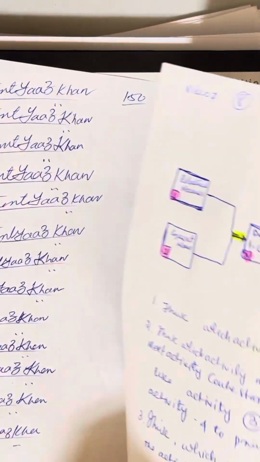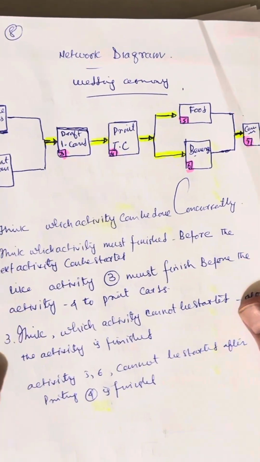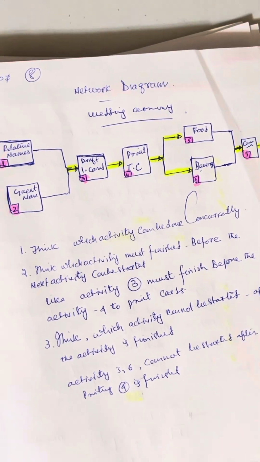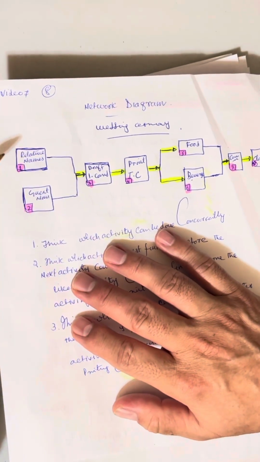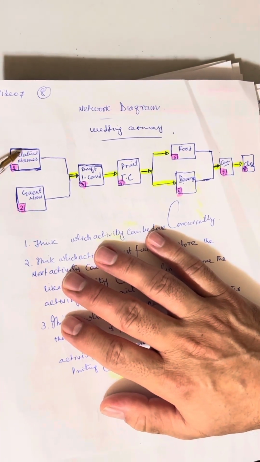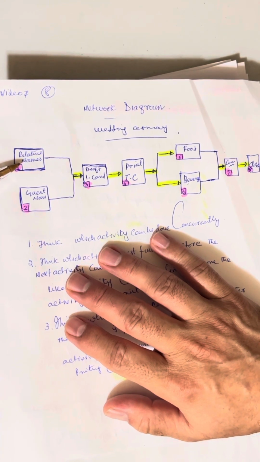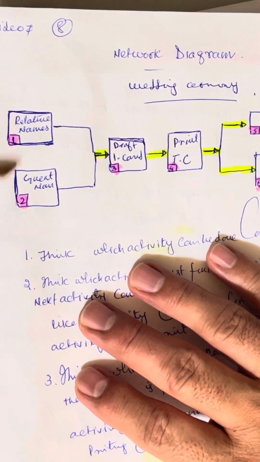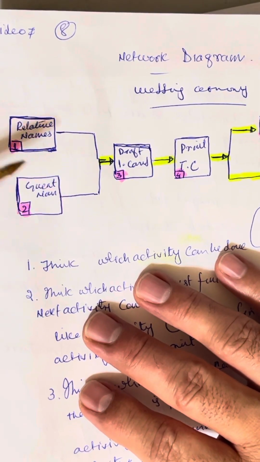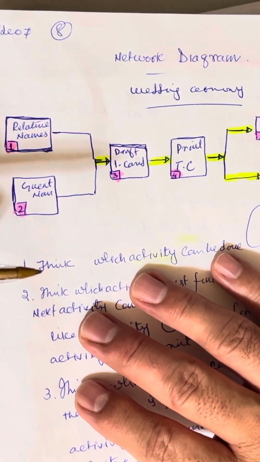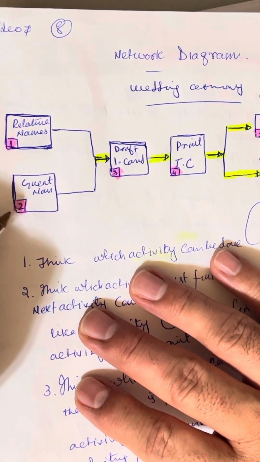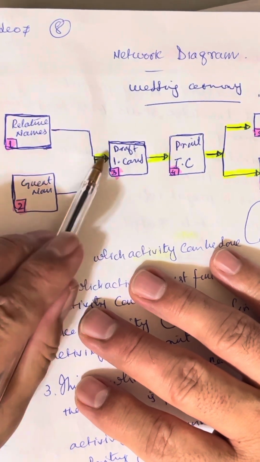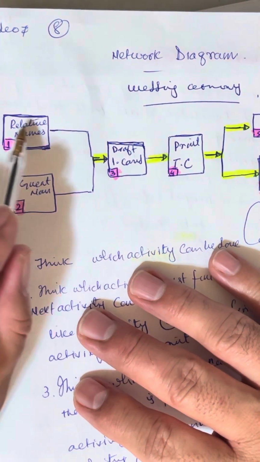So here I have drawn a wedding ceremony network diagram. These are the two activities, like the relatives' names and the guests' names. We can do them concurrently, at the same time. So I give one, and this is activity number 2. Both are dependent, and both go to